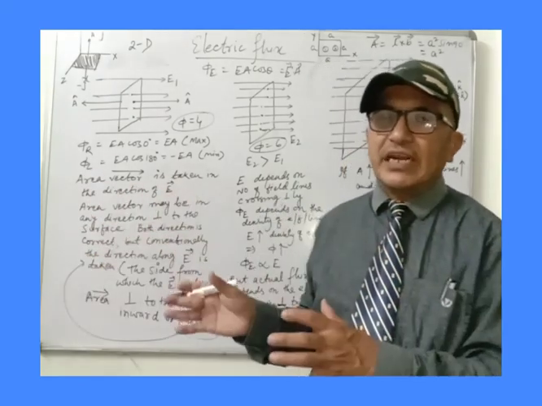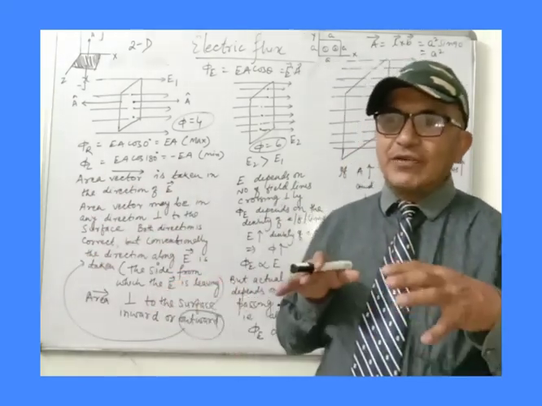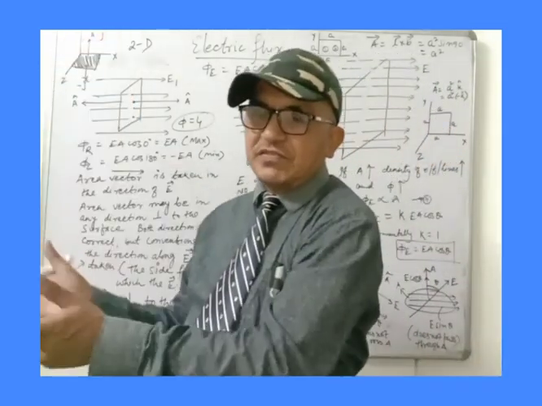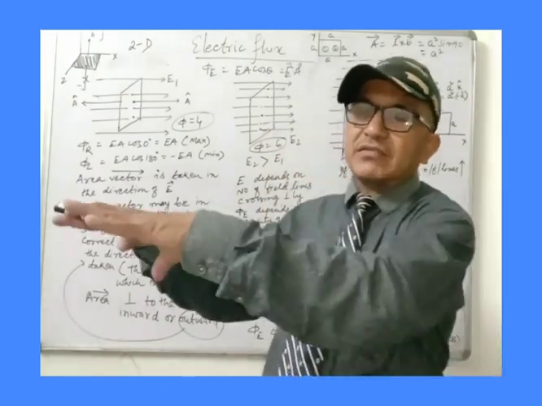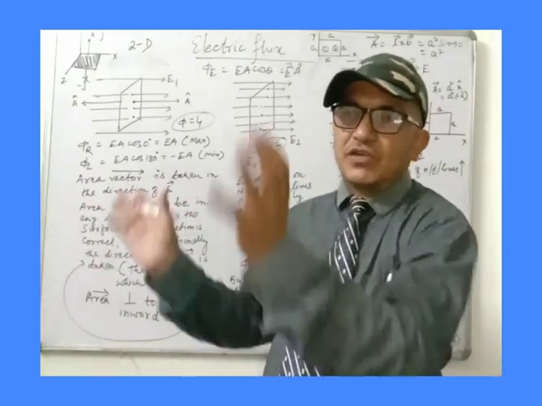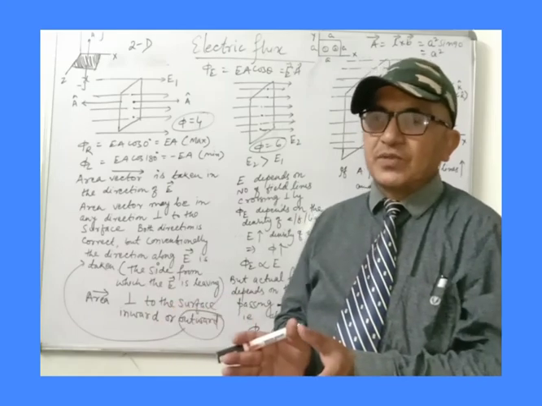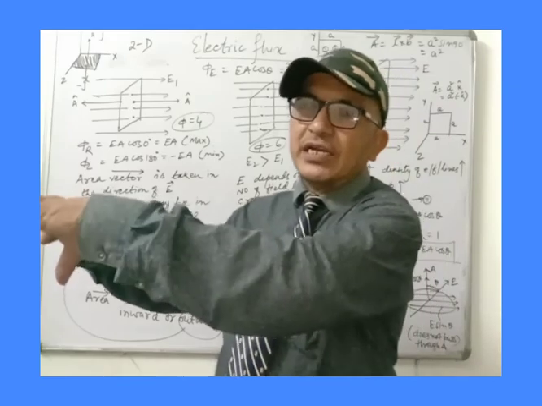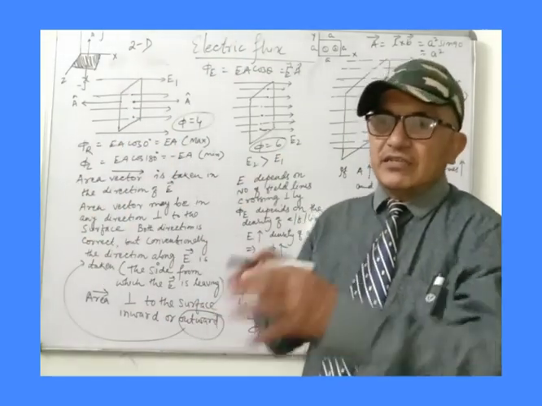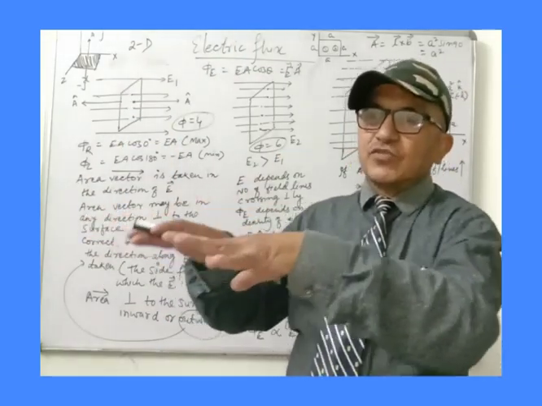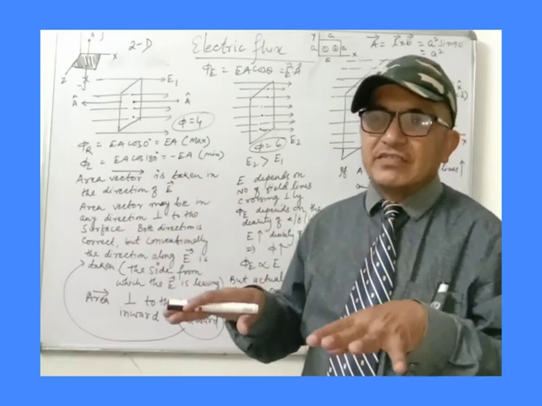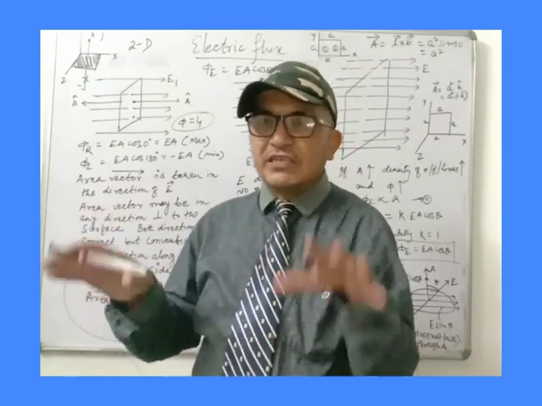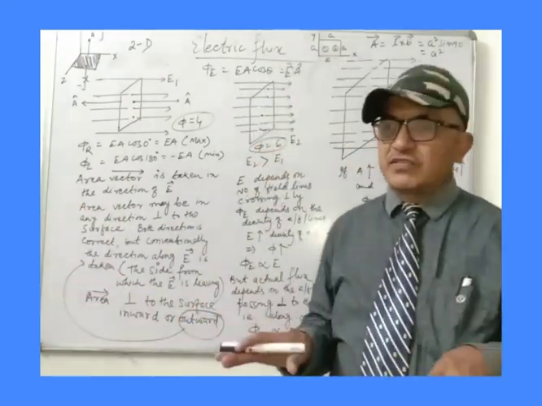But when we relate this to electric flux, we have to deal with electric field lines crossing through a surface. In which manner the electric field lines are crossing the surface, that we have to discuss. Suppose electric field lines are passing perpendicularly through a surface, then there will be flux. So the flux depends on how many electric field lines pass perpendicularly through a surface. That gives the measurement of electric flux.